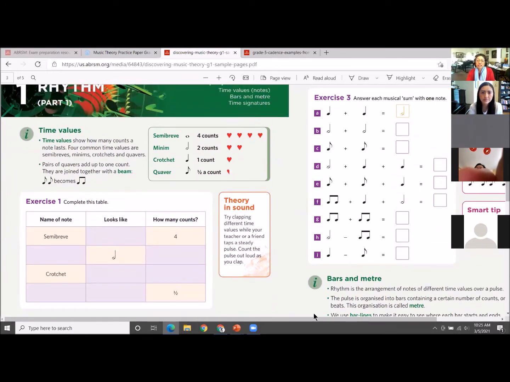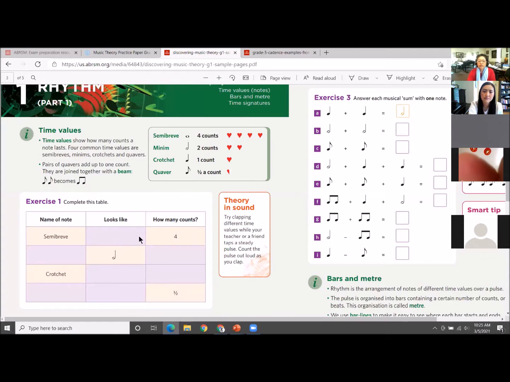Okay, you see it's a lot more colorful, probably more engaging to a lot of the younger students. And this is kind of fun, there's a little table for them to see. So you see the verbiage has been reduced, and it's a lot more pictorial, which is in line with the actual online exam tests. Okay, so you can see what a semibreve would look like, so the student would draw it obviously, and the reference is right above there.